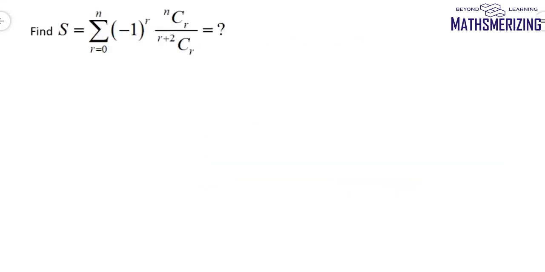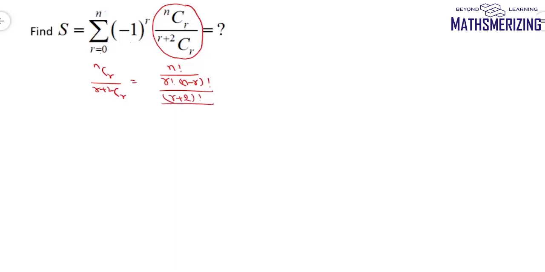The question is, find the sum of the series summation r varies from 0 to n, (minus 1) to the power r, nCr upon (r plus 2)Cr. So first I'll simplify this expression. I can write it as nCr upon (r plus 2)Cr. So there will be factorial n, factorial r, factorial (n minus r), and here I'll write it as factorial (r plus 2) upon factorial r factorial 2. So I'll cancel this factorial r with factorial r, and then I'll write it as factorial n into factorial 2,